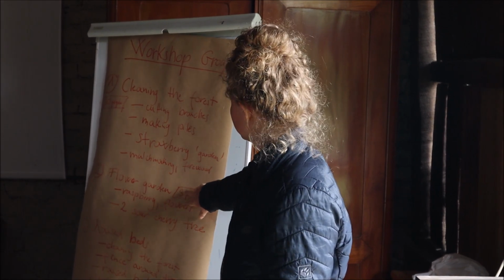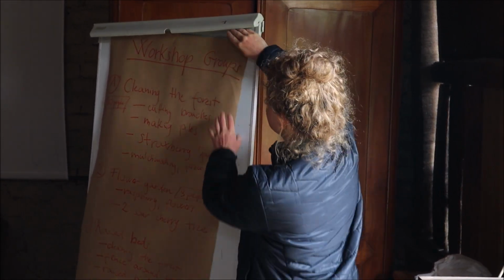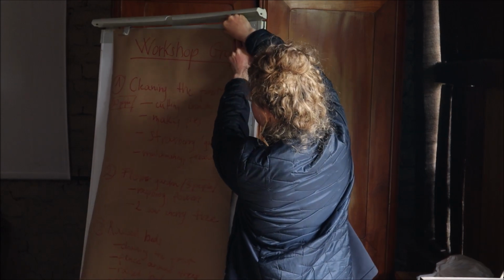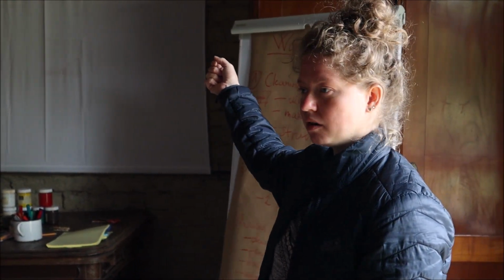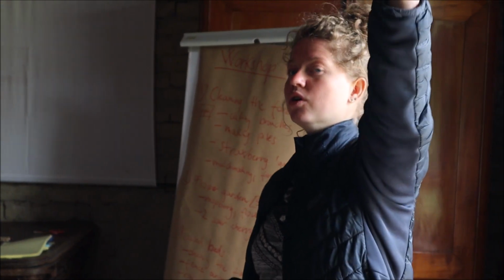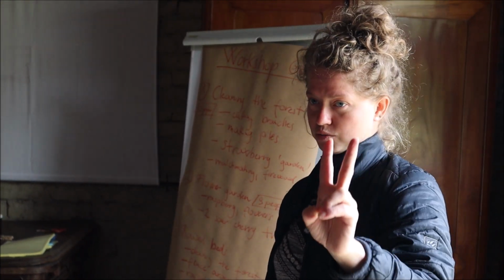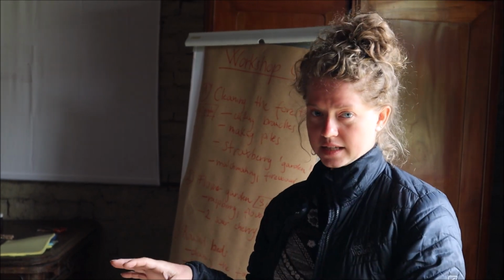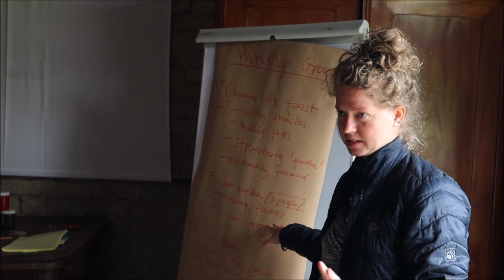The other one is a little bit more creative, and we only need 3 people. So here, where we wash our hands, we are going to make a nice flower garden around the trees. You will need to bring a bucket or 2 buckets of manure from the other side, and you will plant the flowers and raspberry here. Also, we have 2 more sour cherry trees, and on this side you will plant those 2 sour cherry trees, and that's going to be 3 people's job. Okay, that's the other team.